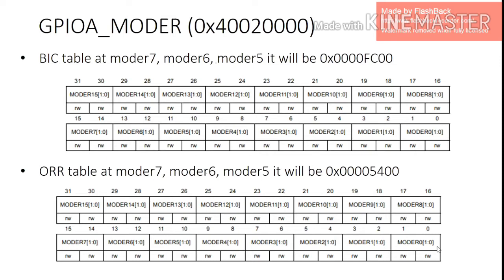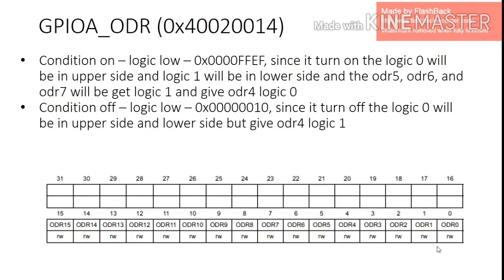00005400. For BIC table, we use logic 1 for both mode bits, because it is used to clear the pin mode. And for ORR table, we use logic 0 and logic 1 for the mode, because we need to set the pin to output mode. So next, we declare GPIOA ODR for the condition, which is the address is 0x